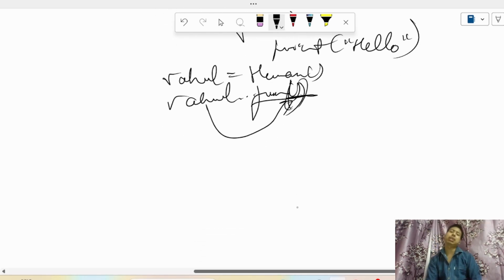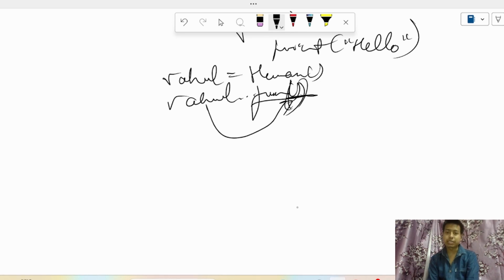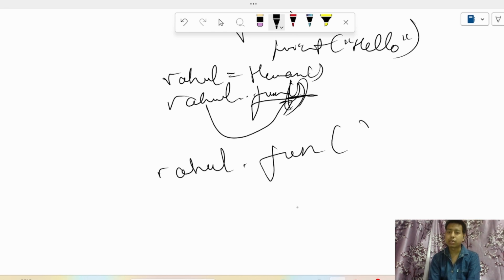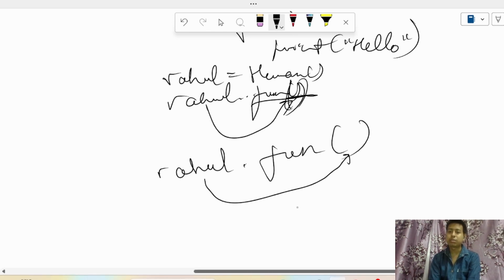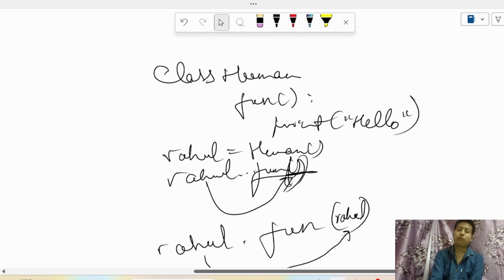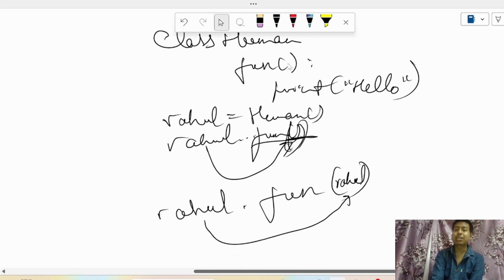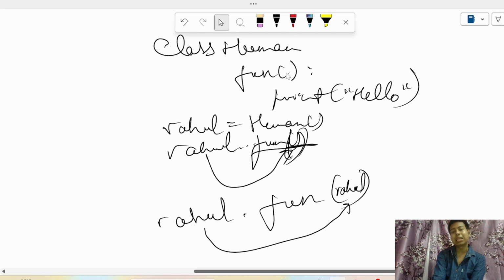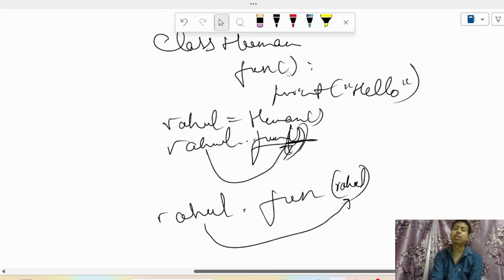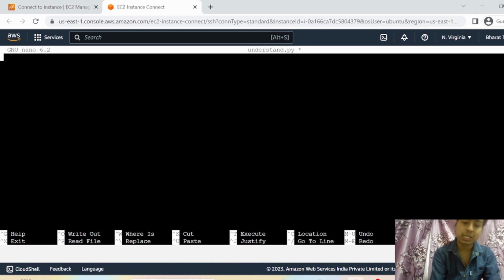Constructor is also a function. So understand this: when we said Rahul dot fun, this Rahul has been passed here, and then this function was called. But this function doesn't contain any parameters. We have given this object as an argument, but the function does not contain any parameter. In the same way, when we define a constructor inside a class,